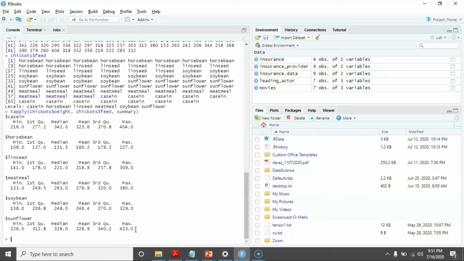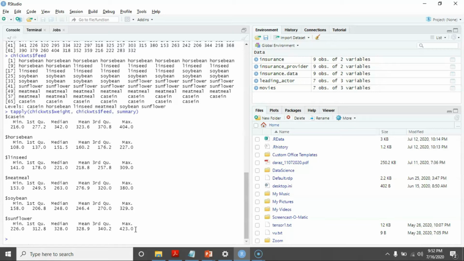Whatever data set you have available, just focus on it. So right now we have just two attributes. One is weight, the other is the feed type. So by just using these two factors, weight and feed, we can conclude on the basis of this current data set and the current analysis that sunflower is the best feed to use for chicken feed.